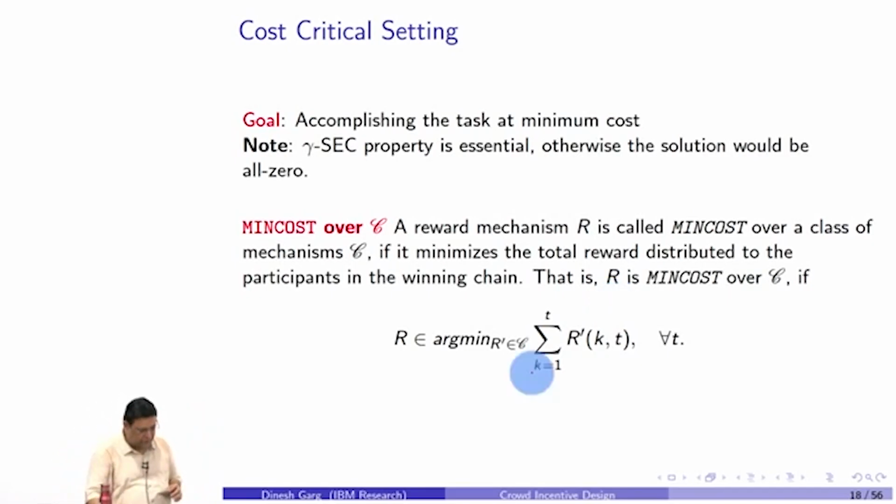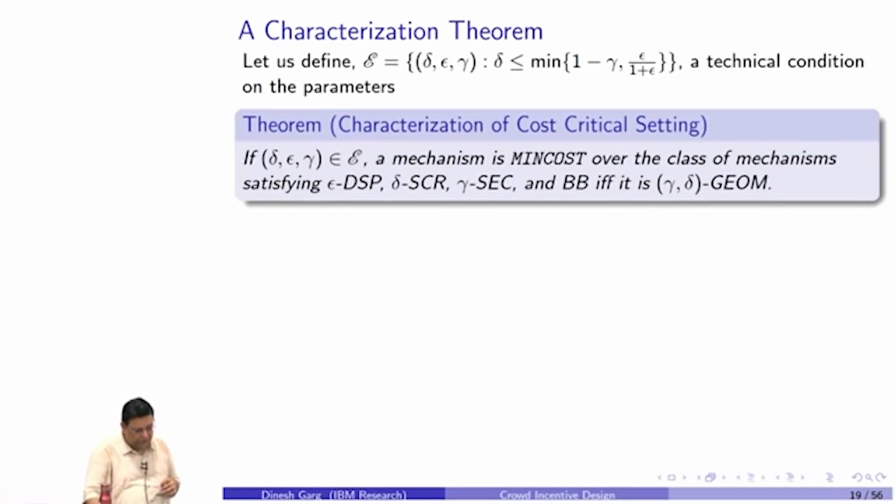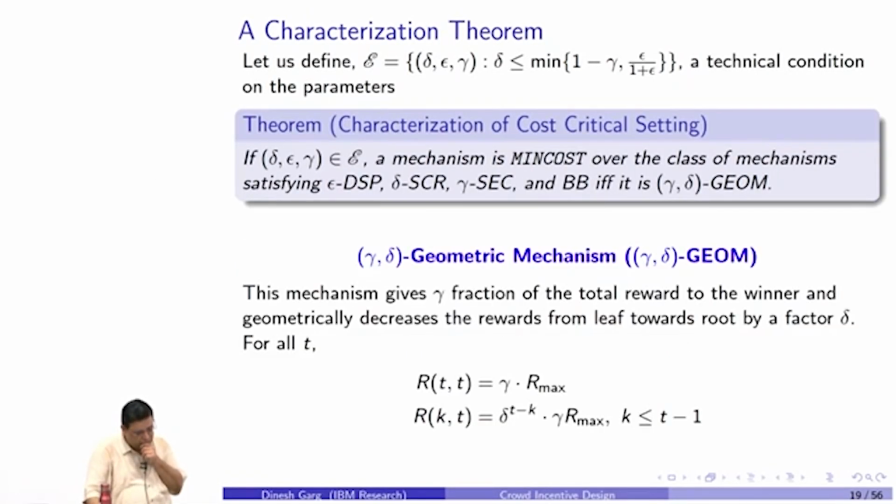So maybe in the interest of time, I will just summarize the result quickly, what is possible. So this is the one result. It says that if you define your delta, epsilon and gamma, okay, so gamma is the factor for the security of the leaf node. Delta is the coefficient to guarantee the reward from my child. If my child gets some money, I will get at least delta times of that. And epsilon is the Sybil-proofness. So for any given these three parameters, if they satisfy this inequality, this little technical condition, then you can always get a mechanism which is not only satisfying all these three properties, but which is also minimum cost.